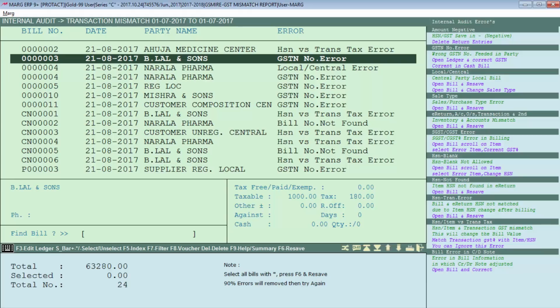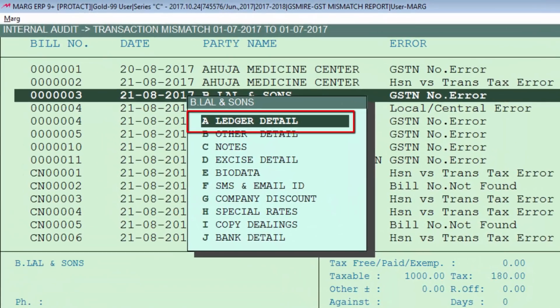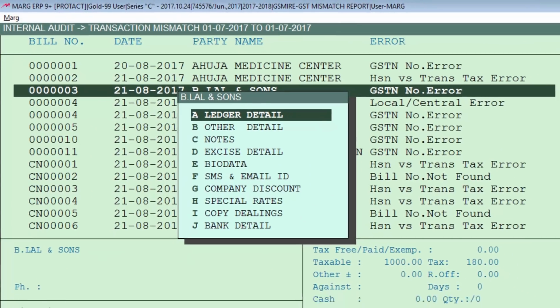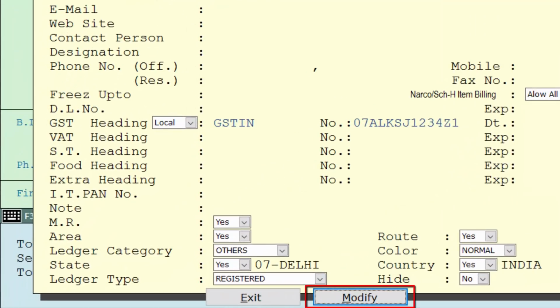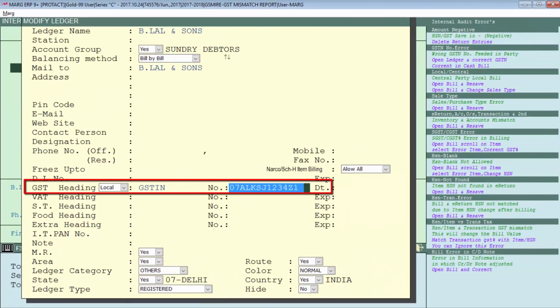So in order to correct this error, we will press the F3 function key on this particular bill. Then we will enter on ledger detail. After that, we will enter on modify. And then we will correct this GSTN number.